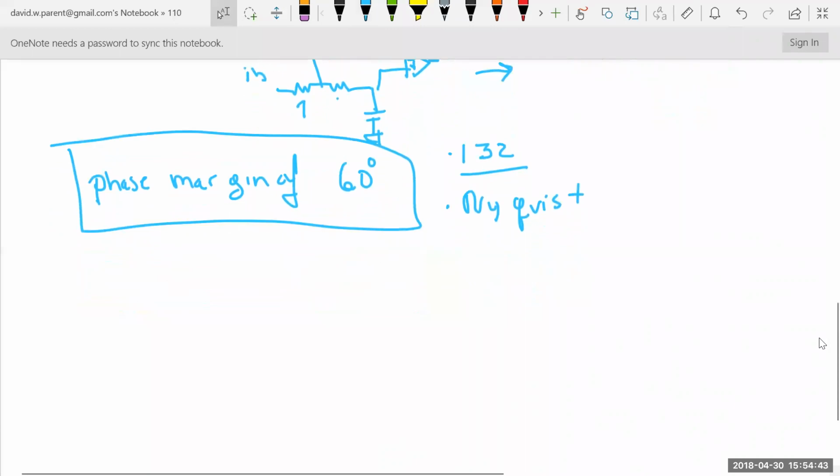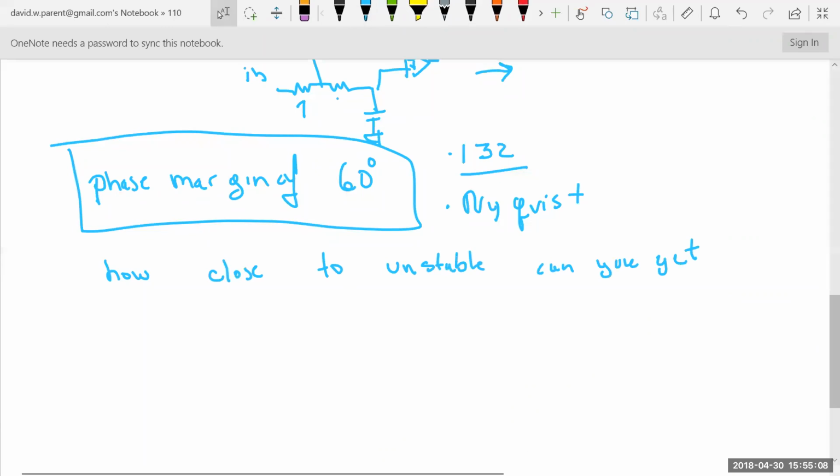So the question is, how close to unstable can you get, right? Well, mathematically, you can be 1 nano-unit away and it's still stable, but the time,